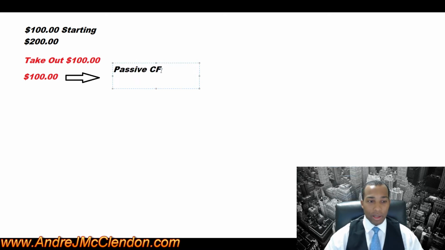You put it into passive cash flow, active account. So what you could do with your $100 that you take out is put it into either another passive cash flow account, or trade it into another account. And this is a little bit different because you got to be a sniper when you're trading so you can make the best gains. But if you found a really good hedge, or another asset like cryptocurrency,